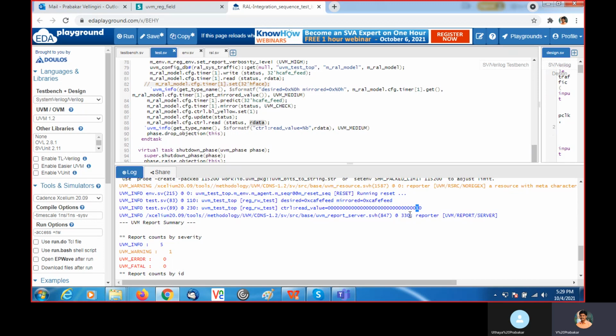See here, actually it is a 4-bit value. Here it displays as 32-bit because our data is declared as int. In this second position, control of 1 is 1 because I set it and then I updated here. So these are a few methods used in the sequence to operate with the registers. There are sequences available. Directly we can use those sequences to generate the stimulus. That we will see in the next session.